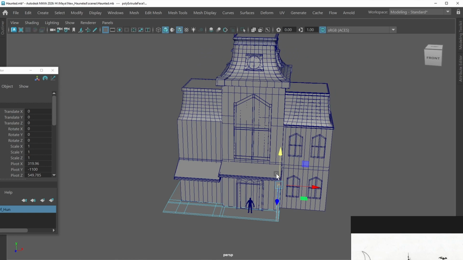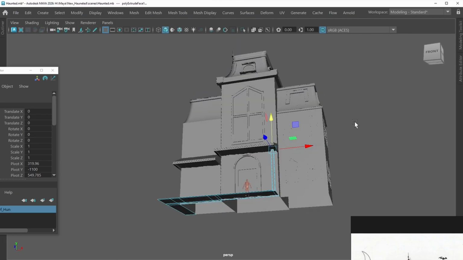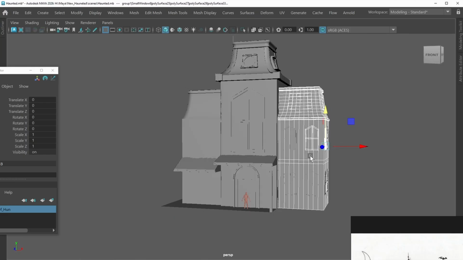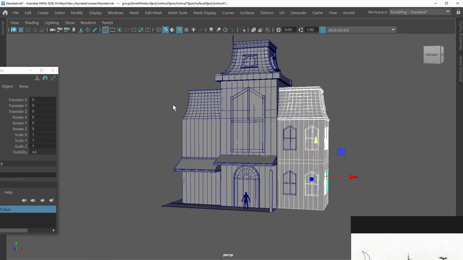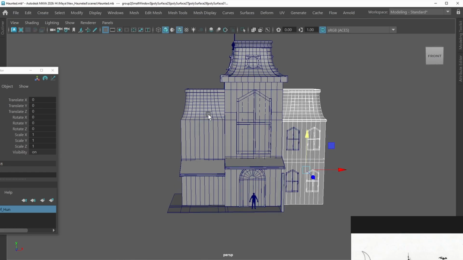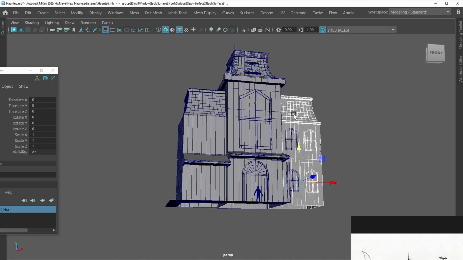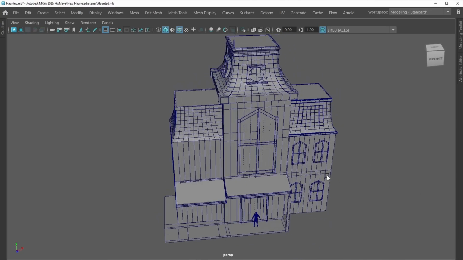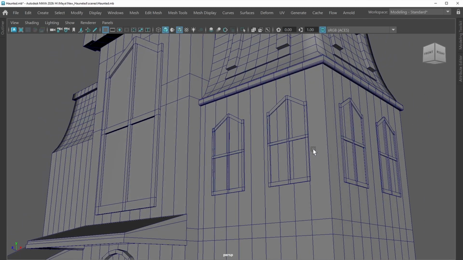So I'm going to stop there with the haunted house, and all I really have to do now is duplicate these, take this, put that into a group, bring that over to this side, and then it would be my haunted house. Okay. I think I will continue here. All right, so what I want to do here is